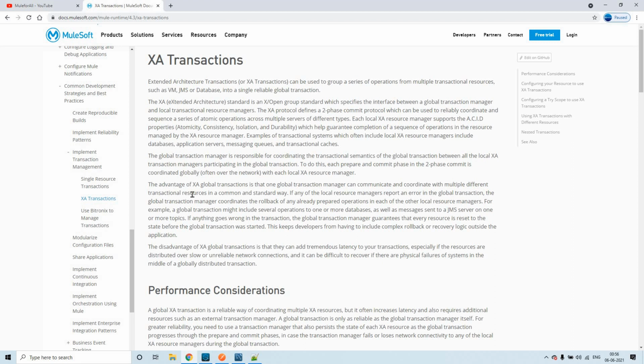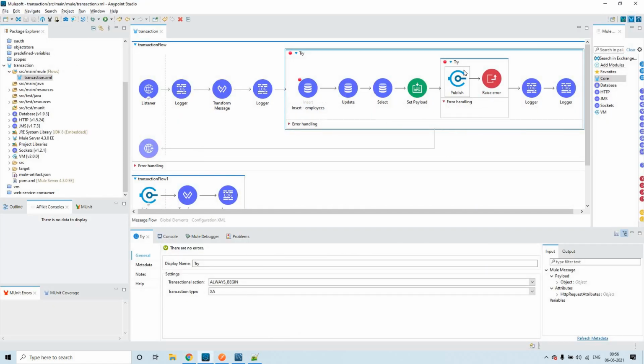So this is about XA transactions. We get reliability but not the performance, and we can also add multiple connector configurations where you require multiple transaction behaviors from different connectors.